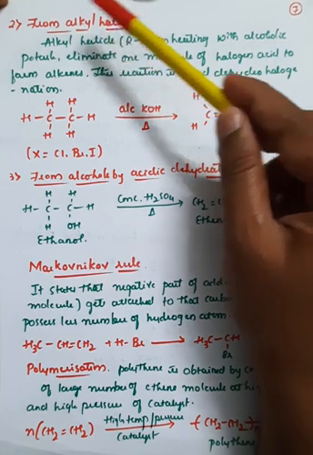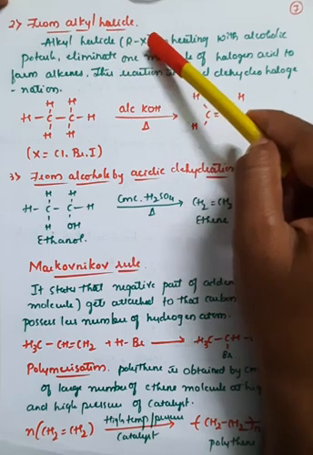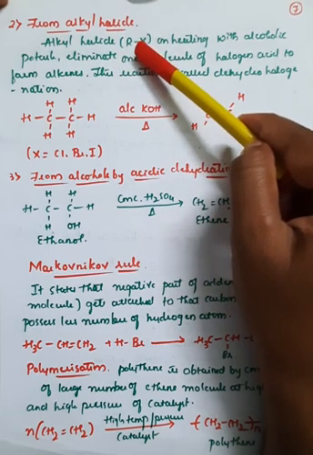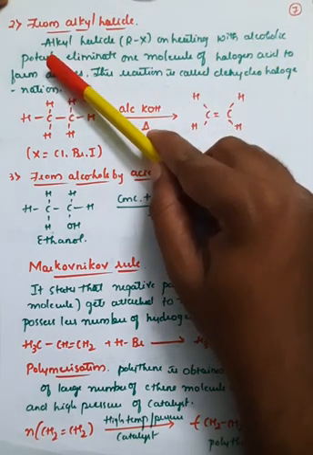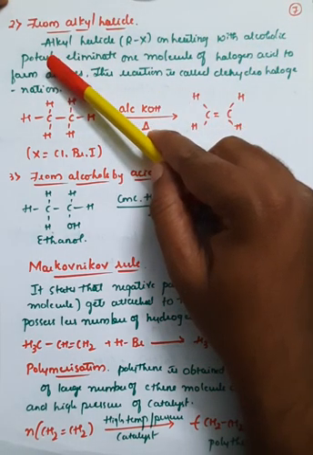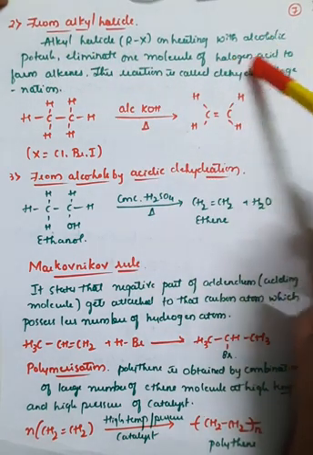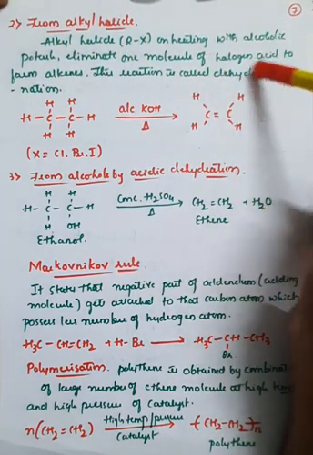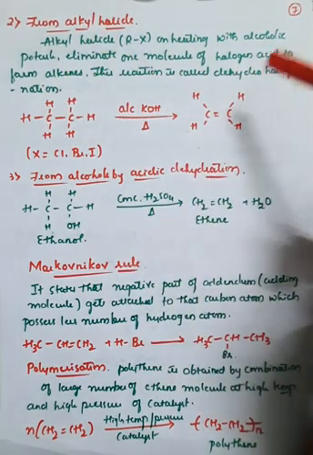The halogen atom which is bonded with the alkyl group is generally called an alkyl halide, so here it is in the form of RX. If you take any RX and heat it with alcoholic potash, or you can call it potassium hydroxide, one molecule of halogen acid is removed to form an alkene. So this reaction is called a